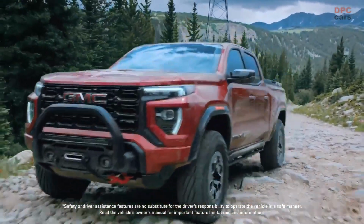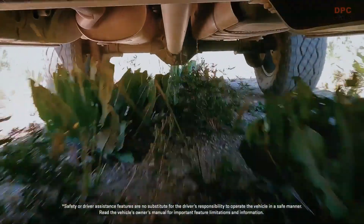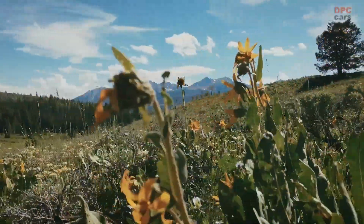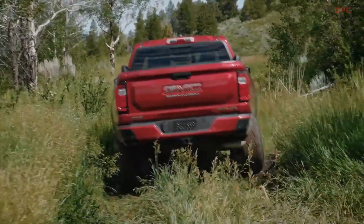Standard across all trims, the high-torque, off-road optimized 2.7 liter turbo engine provides a best-in-class gas engine with 430 pound-feet of torque, GM estimated. The 2023 GMC Canyon will be the first midsize truck on the market to offer a